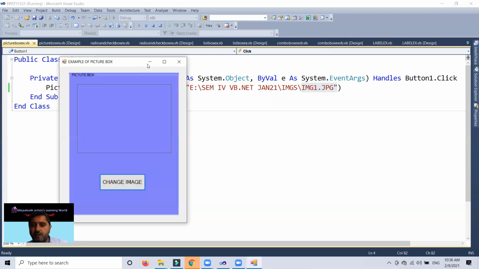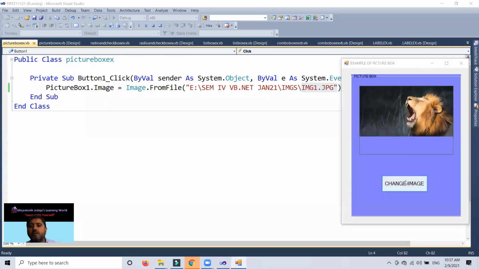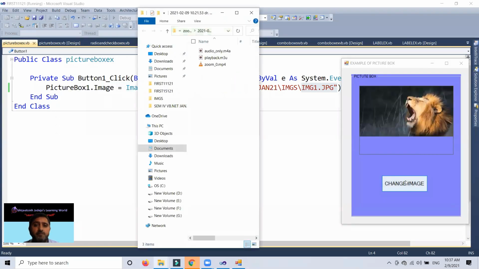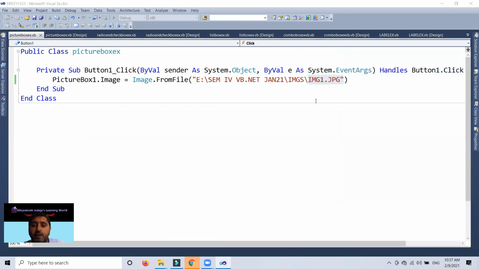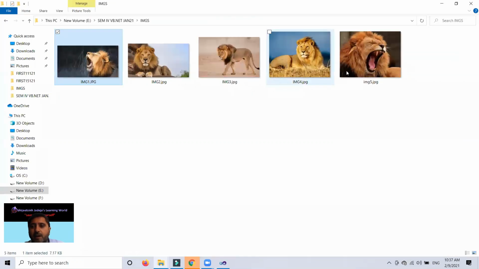So this is the form, and when I click on this, yes, the image is available. The image is available, but you can see that it is not displayed completely in a proper way. This particular image does not have a complete layout in my picture box. So what should I do? But before I go to that, you can see that this image resolution is somewhat higher, the dimension is 259 by 195, and this one is 300 and so on.